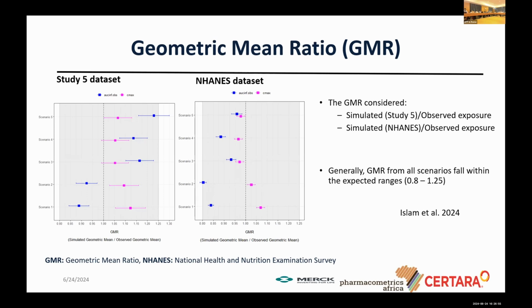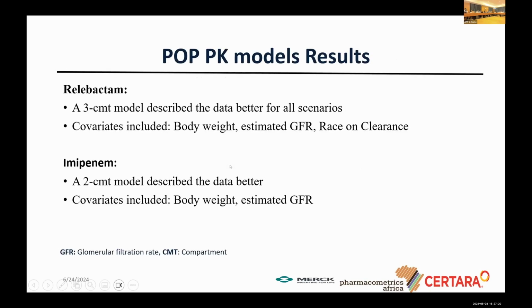Okay, that's one. And the other one, I think the biggest challenge for this is the extrapolation of the results, because with the races that you were including, the data that you have is not well balanced, let's say. And also, I think you have race as an effect, right? Can we see the covariates that you included? Race and clearance. What would be the reason why race can affect clearance?